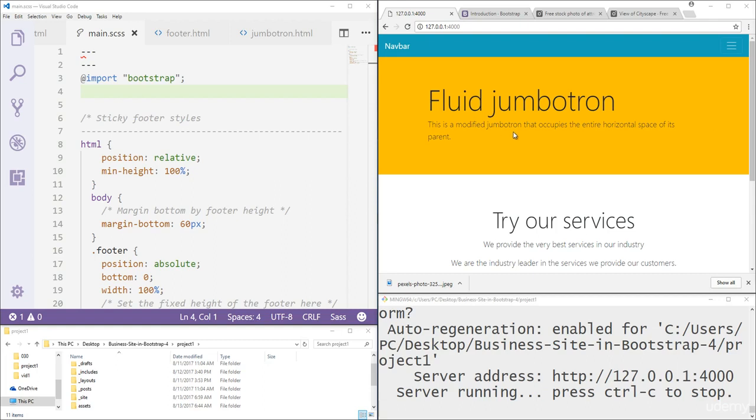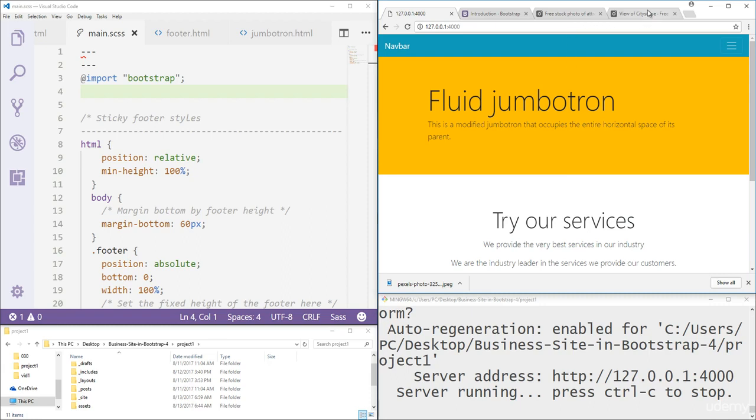In this video we'll be adding an image under this fluid Jumbotron section. So to begin, let's first think about what kind of image we want. Earlier we said this is a business site, so we would like something that is lighter color, so as to have these letters still be visible easily,